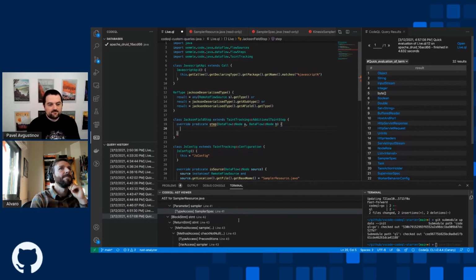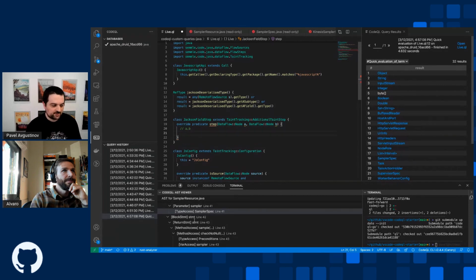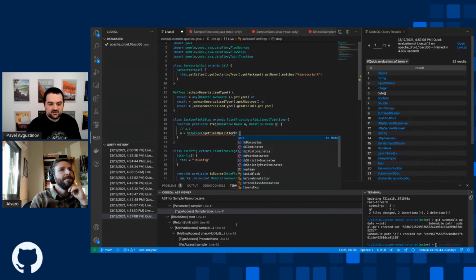And what we're trying to model here is basically for a field access like this, if A is of one of these Jackson deserialized types that we want to do the extra tracking for, I want to say from A being tainted, we can deduce that the field access to B is tainted. In particular, we only want to do that for field reads, actually, so we can do that as well. A should be the field qualifier of B,